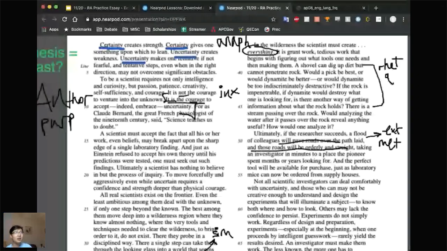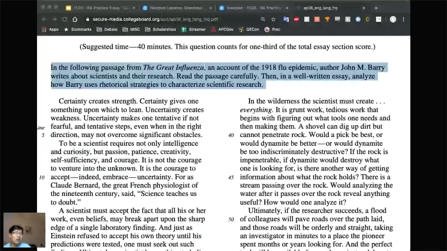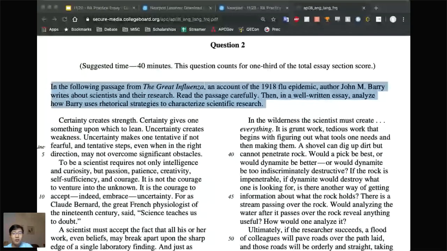So off the top of my head, using this passage, my thesis would be: in the 1918 flu epidemic account, The Great Influenza, author John Berry explains the necessity for scientists to embrace uncertainty in order to, I like using in order to because it makes a very clear purpose, in order to characterize scientific research to his audience of the general public that